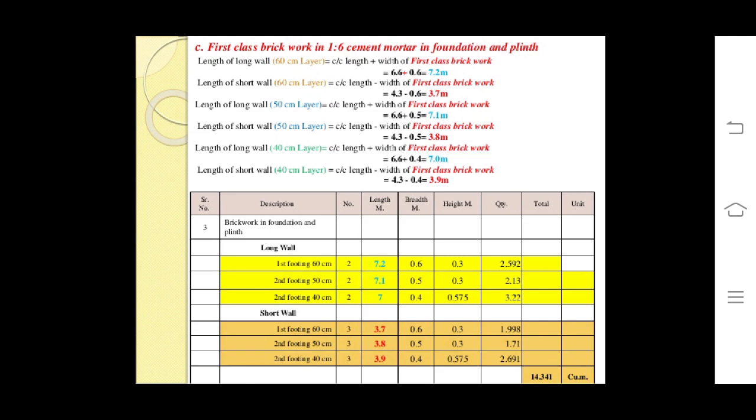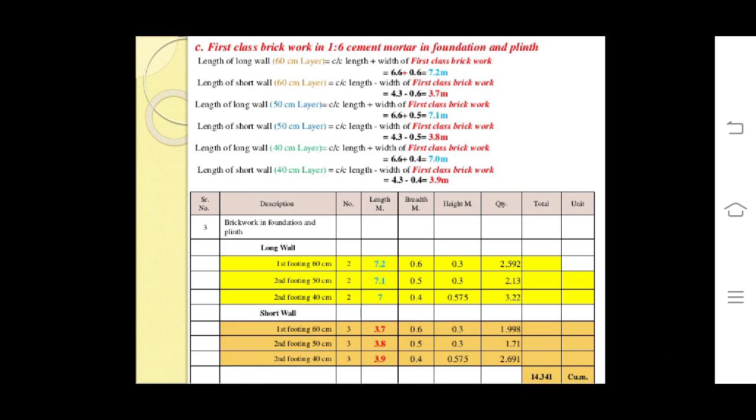and similarly for short wall having thickness of 60 centimeter, 50 centimeter and 40 centimeter, the length of item is 3.7, 3.8 and 3.9, and breadth are 0.6, 0.5 and 0.4, and height of brickwork is 0.3, 0.3 and 0.575. The total quantity for short wall is 1.998, 1.71 and 2.69. The total quantity of brickwork in foundation is summation of all these quantity, which is equal to